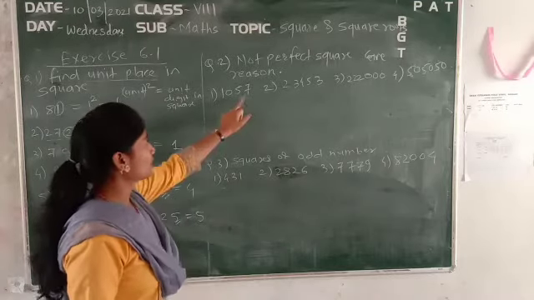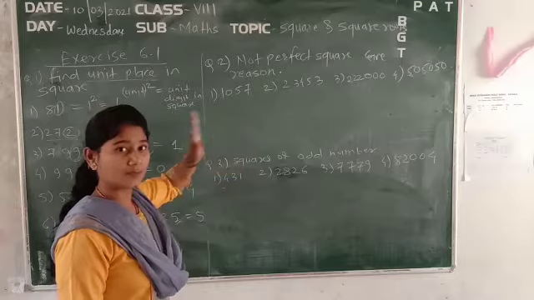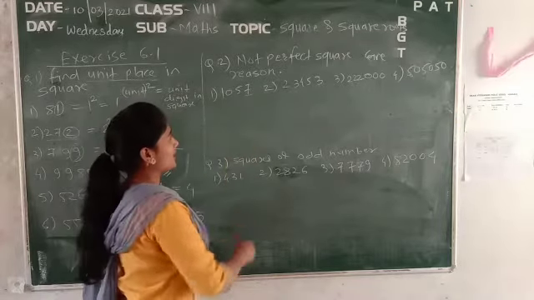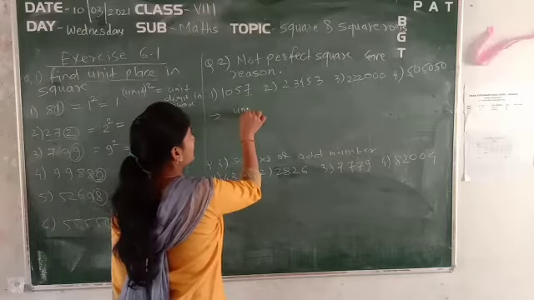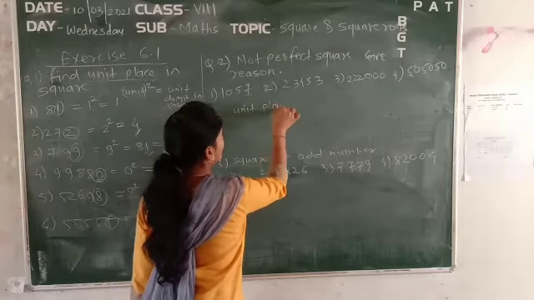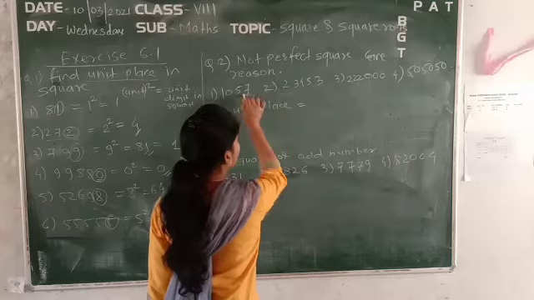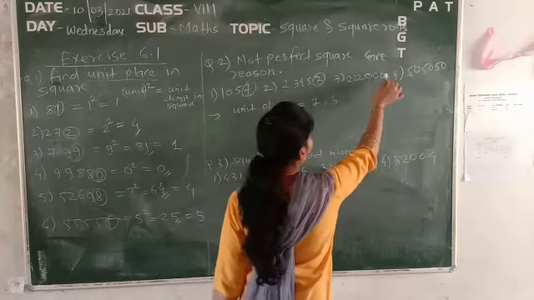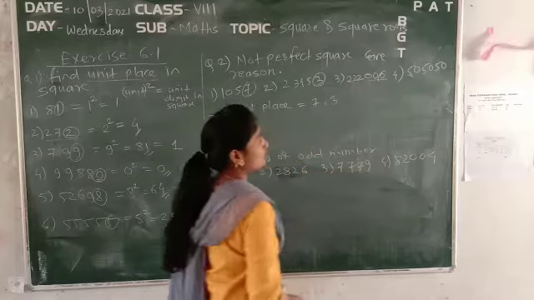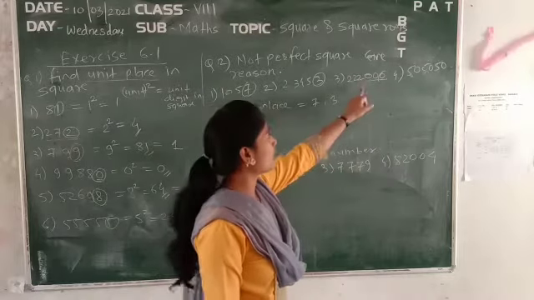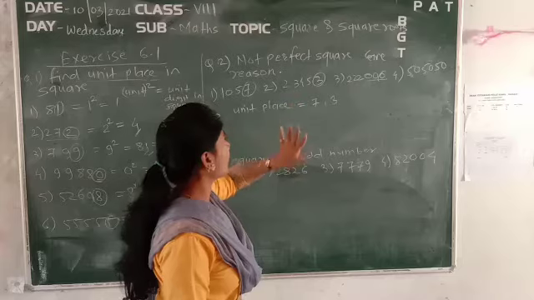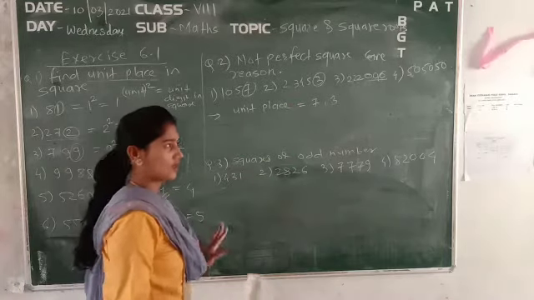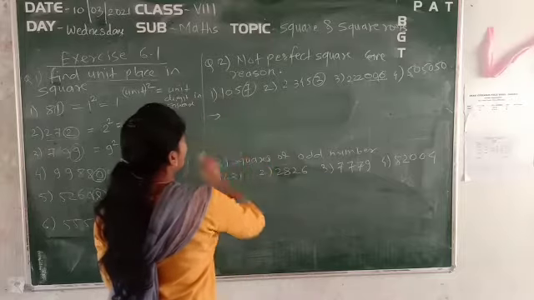So see here, you have to keep your observation good. In that example, what is the unit place? It is 7. So we will find out the unit place. In all of them, here it is 7, here it is 3, and here we can say it is an odd number of zeros. Zero is there, but an odd number of zeros. So for each of the following you can write down the property separately or combined, but for a particular example we will write it down.